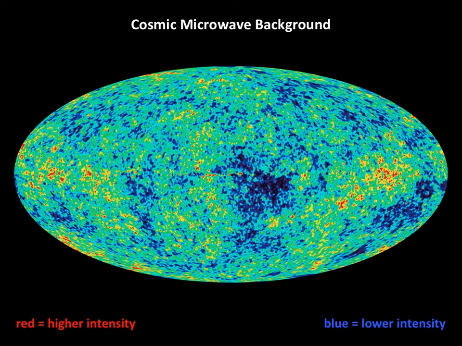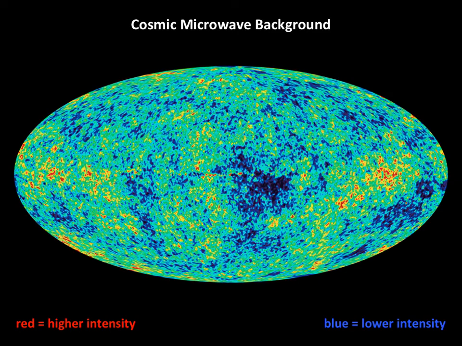Remember the cosmic golf ball? The universe used to have dimples in it, and that was variations in density. And variations in density give rise to slight differences in the temperature of the microwaves that reach us, or the energy of the microwaves that reach us. And hence some bits of the universe appear to be ever so slightly warmer than other bits of the universe.